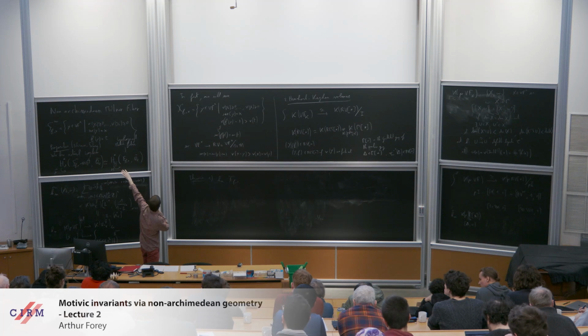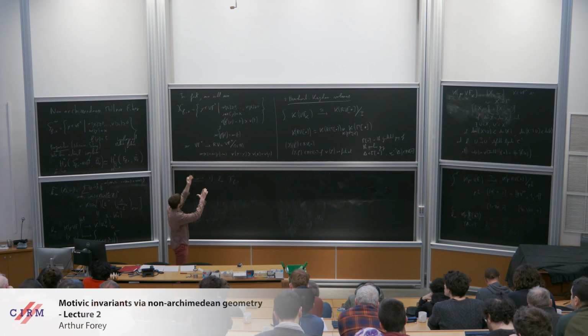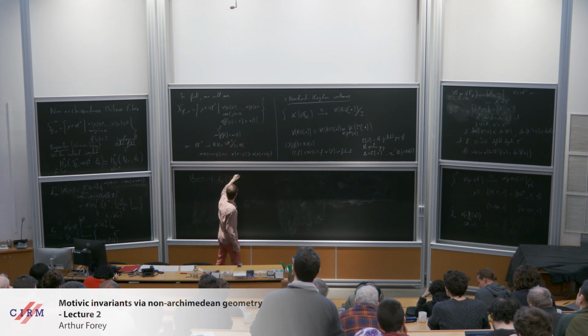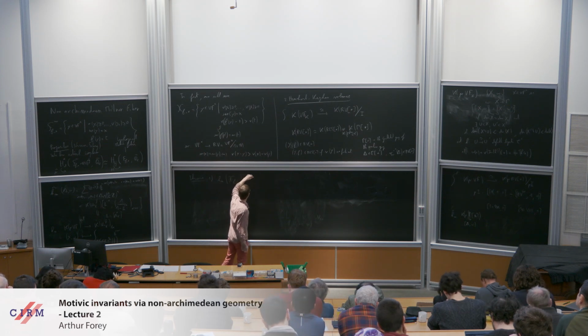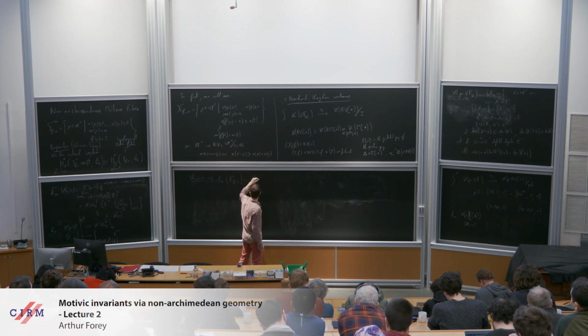I had this non-archimedean fiber, but then I said I need to look at this second version of this, so this kind of tubular neighborhood X_f(x), and then this will be equal in the localized Grothendieck group